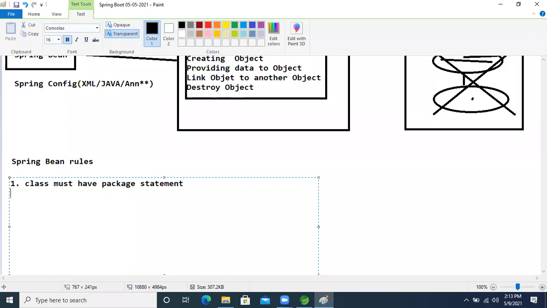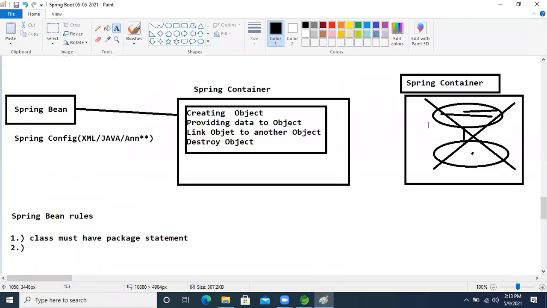What is the second rule when we write a bean class? The class must be public, because our IOC container runs outside. We write our class in a project and deploy it, and whenever we activate our IOC container, it runs outside the class.